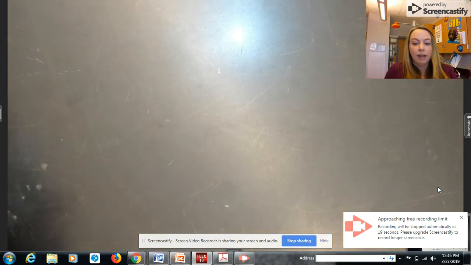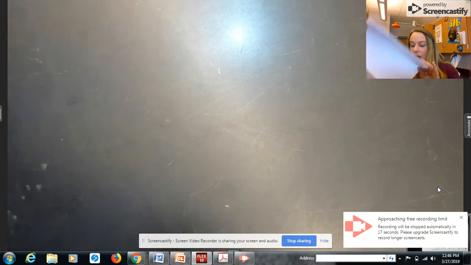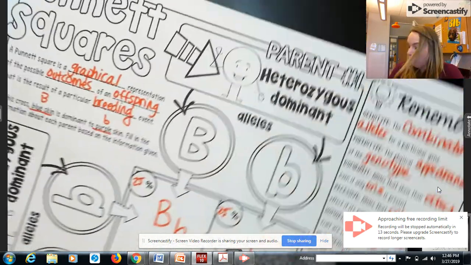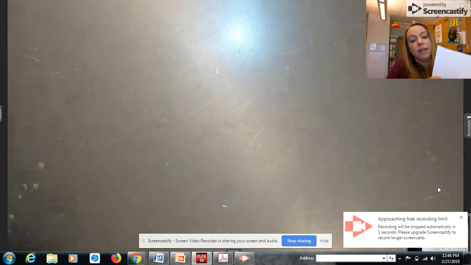What I would like for you guys to do at home is to take the last cross, and I'm just going to actually look at it. The last cross is homozygous dominant and homozygous recessive. I'd like